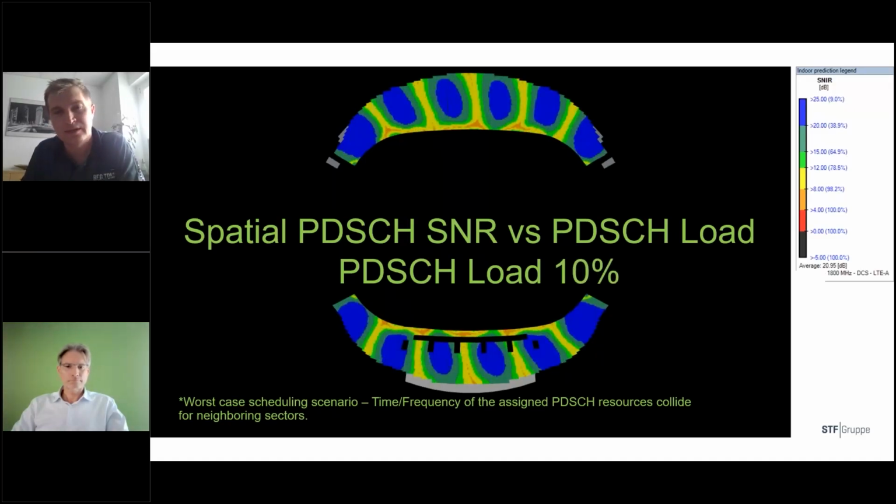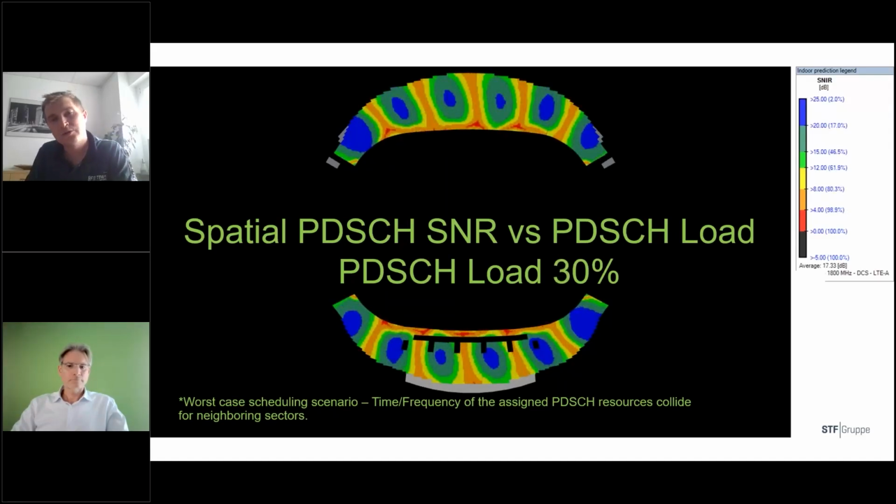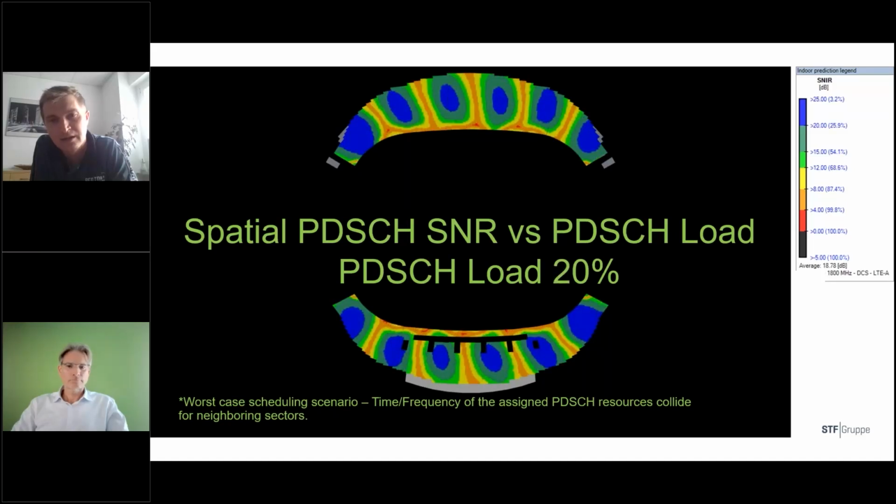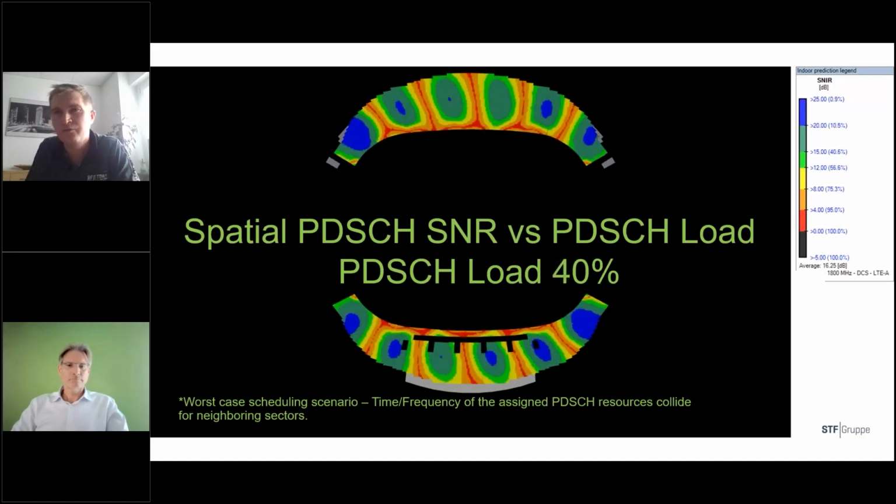And here on the slides, I will try to make some dynamic showcase. What would happen with your footprint if you are adding the load? So I have added PDCH load between 10 and 50%. Then I return it back, and then I will try again to add the load. You see how the blue footprint is disappearing from here. The blue footprint corresponded to the maximum SNR. So of course, with more users trying to receive the data, the SNR is getting worse because of weak isolation again,